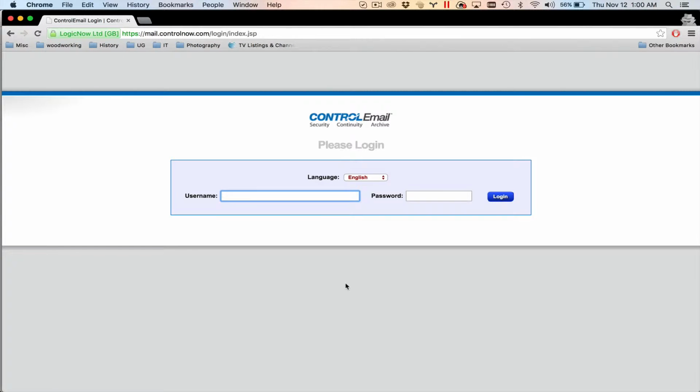Hi, today I'm going to go over with you some of the basic settings of the Control Email or GFI website. First step, please log into the website by going to mail.controlnow.com, and under the username field, please put in your full email address